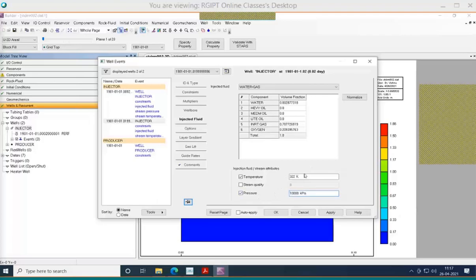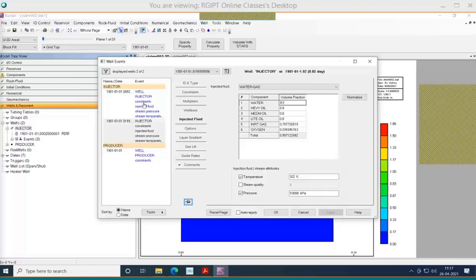In this case, we have to provide the steam pressure also, because much more amount of steam is going to get generated. Mole fraction of water must be 0, and let us say we are injecting the same fluid.